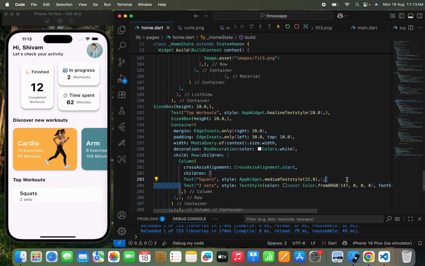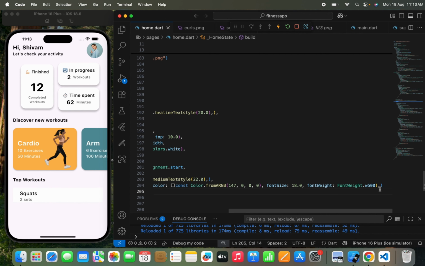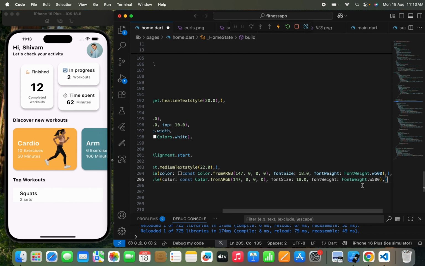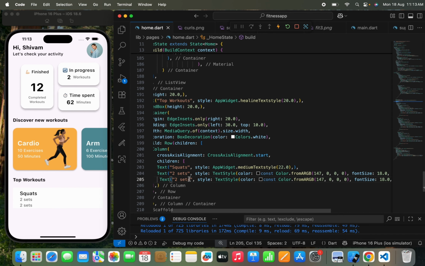So 2 sets, I need to copy this text, switch it back again, and once we do this I just need to paste it over here, and we need to show how many repetitions they need to perform. So here I'll just write 10 and we'll write 10 repetition. Let me check the repetition spelling first. Yeah,